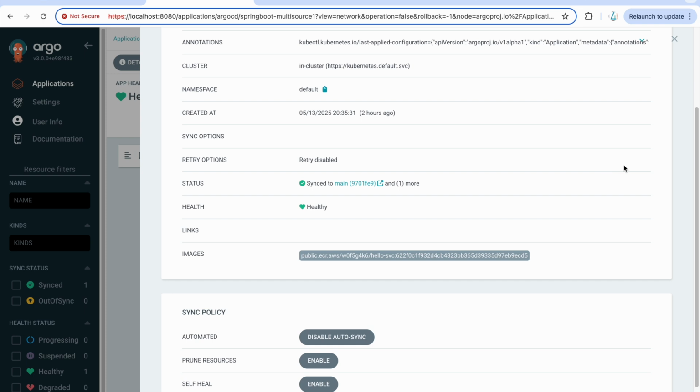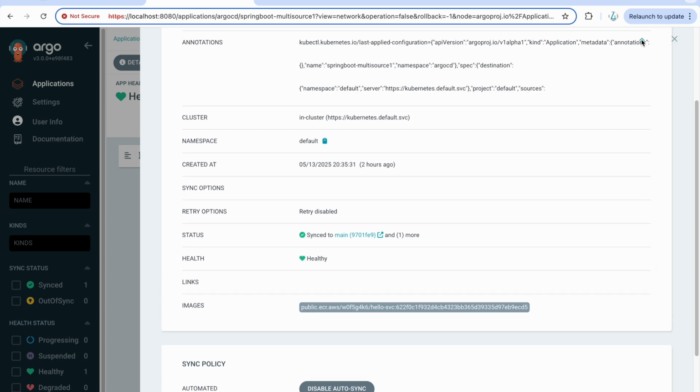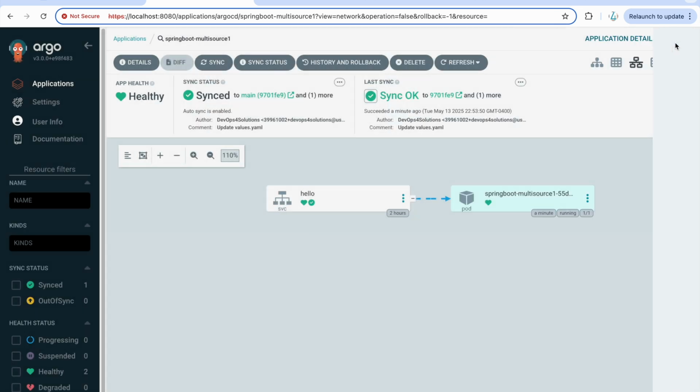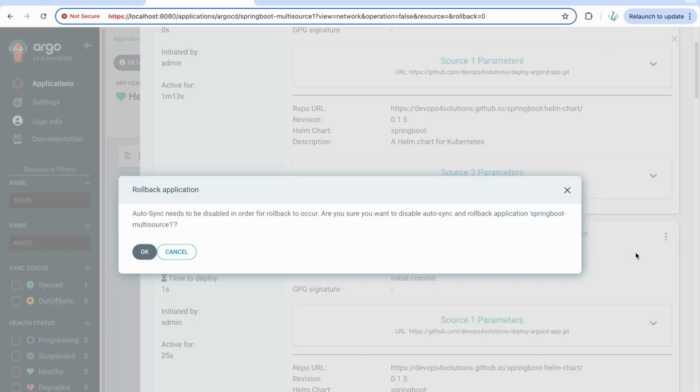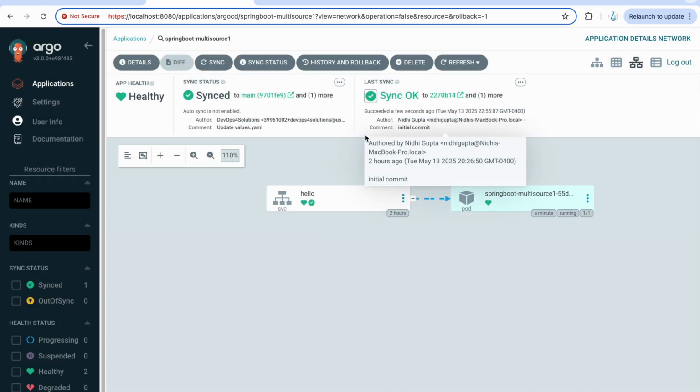Because if auto sync is enabled and you do the rollback, auto sync will run again and match with the current git state. So now I click on rollback and I will roll back to this version. Click on rollback. Click OK.